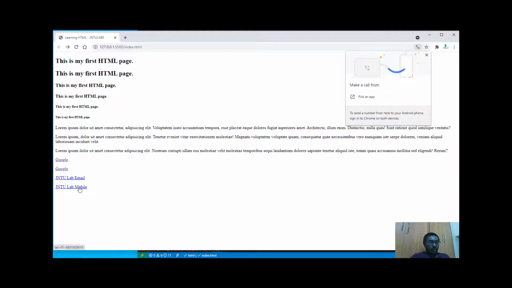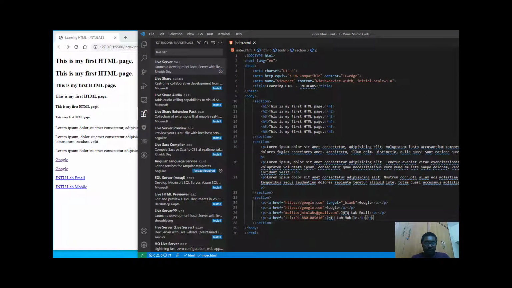If you want to call, you have a call option. If your website is open through mobile, then your mobile will automatically make a call. So these are the different links which we can create by using index.html.